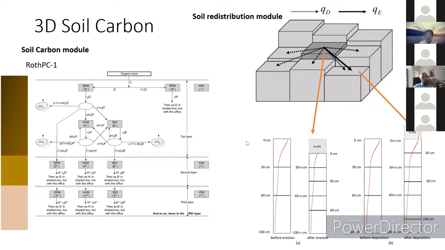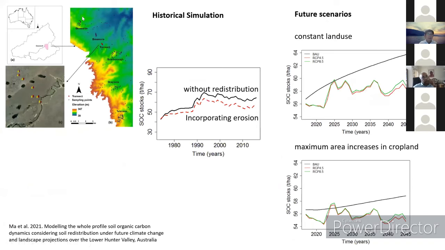So we can now simulate it using, first of all, these digital soil maps of carbon, and we can run simulations of the historical period, what's happening in the past, so that it matches what's happening. Without erosion and redistribution, we can see the soil carbon stocks overall in the area. It tends to overestimate, but incorporating erosion, you can see some of the carbon gets transported elsewhere and